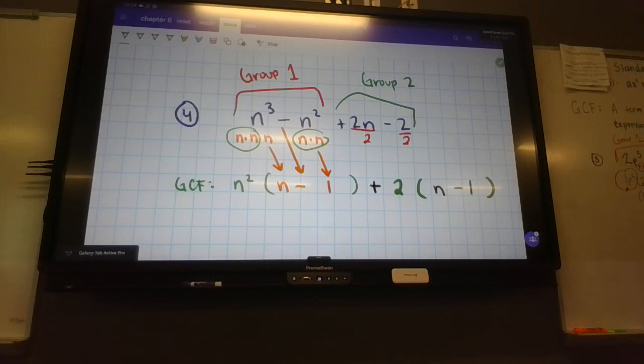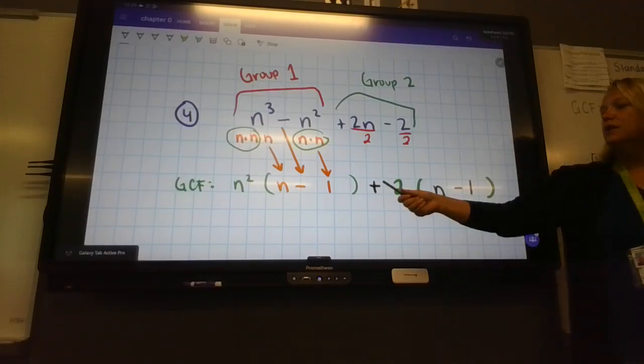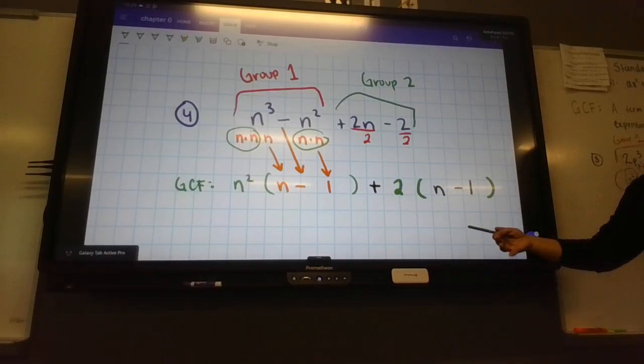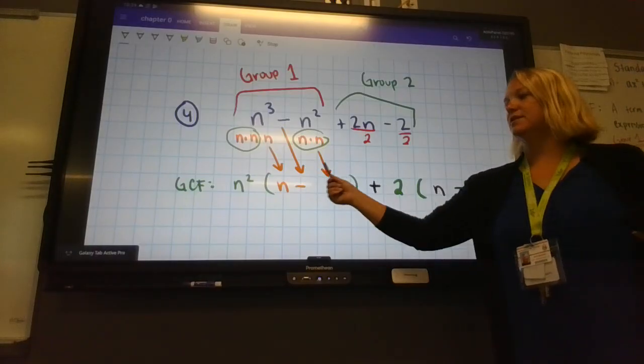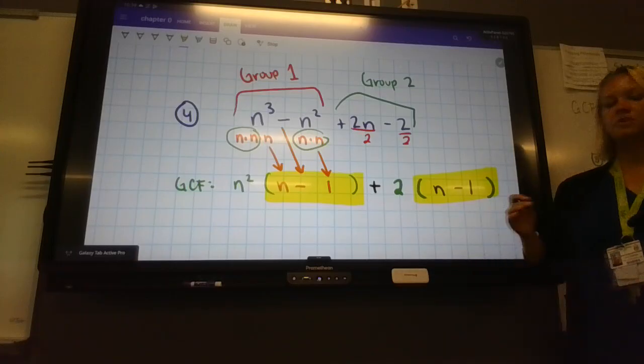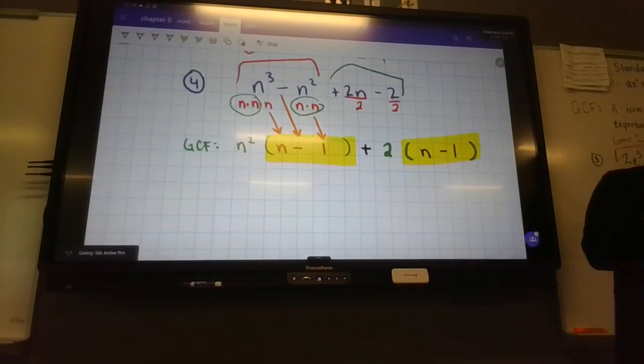There's a plus sign here that I always forget to write. So looking now, group 1 and group 2 have something in common. They have the same parentheses. If they don't match, there's been a mistake or it didn't work. So these 2 parentheses are the same. That'll be the GCF. And then the leftovers